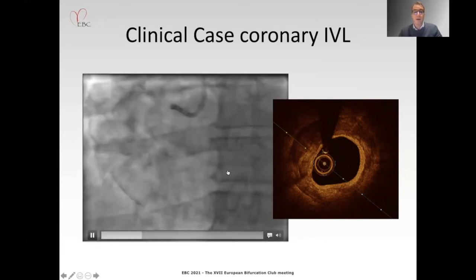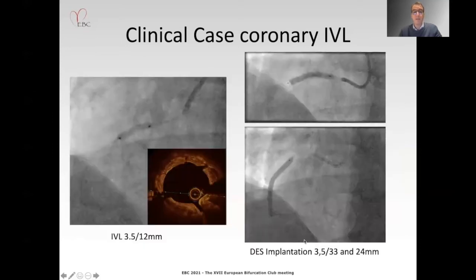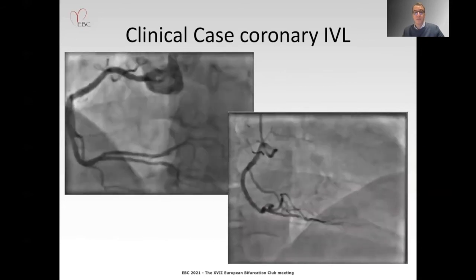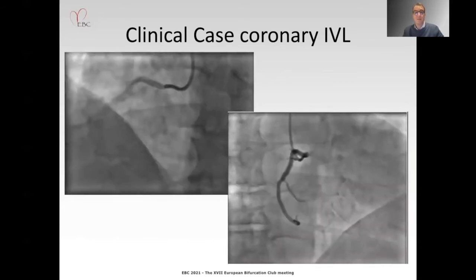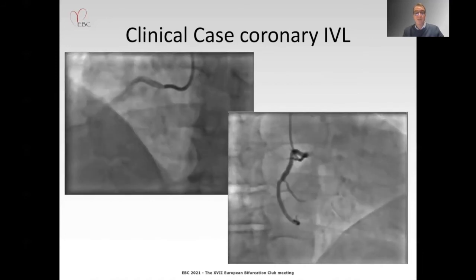And IVL treatment was then applied here in the severe calcified lesion, which results in a high compliance of the former stenosed vessel. So the IVL treatment leads to better vessel compliance after creating the microfractures, resulting in adequate stent